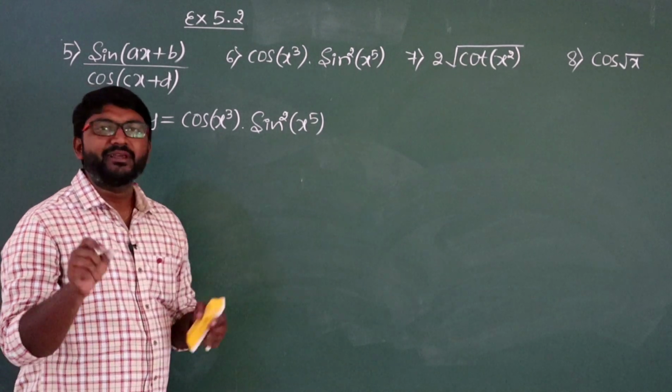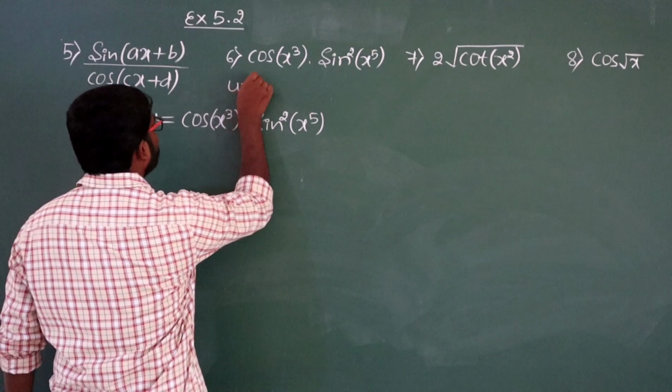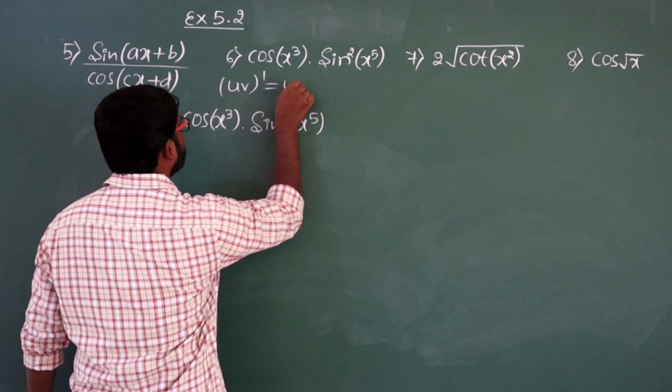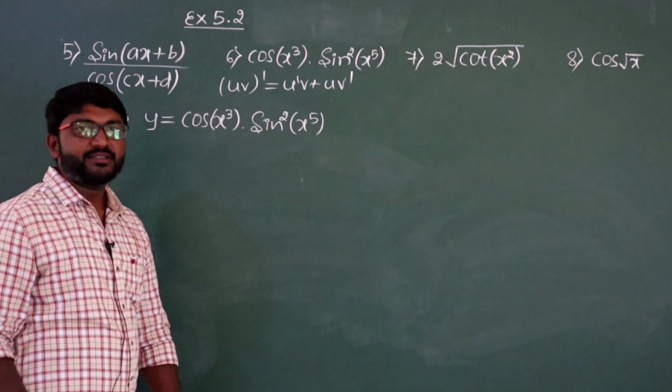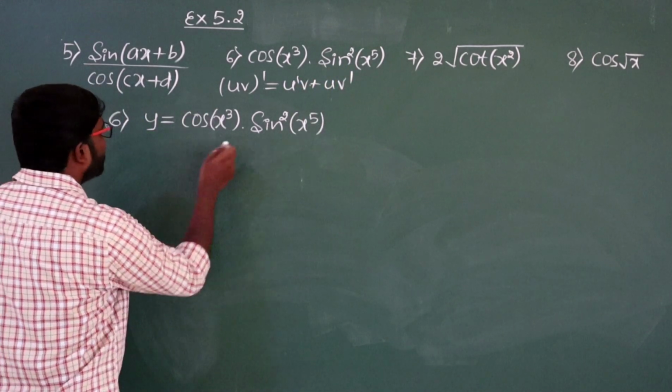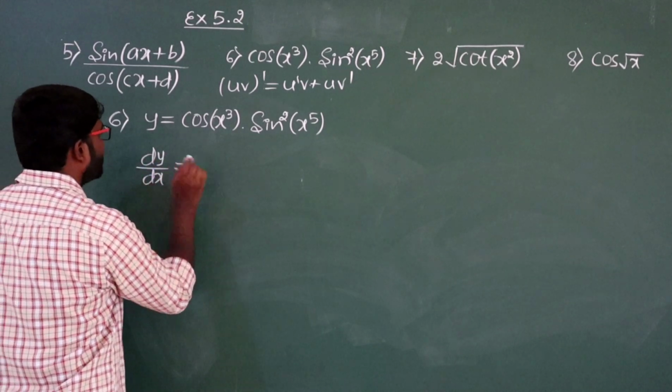So here we have to make use of the product rule: (uv)' is equal to u'v plus uv'. So differentiating both the sides with respect to x, we get dy by dx which is equal to,